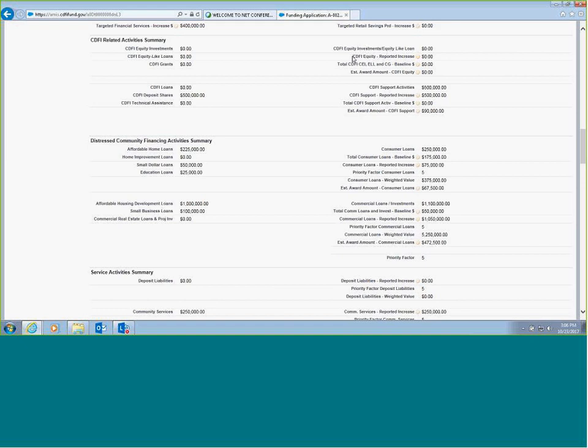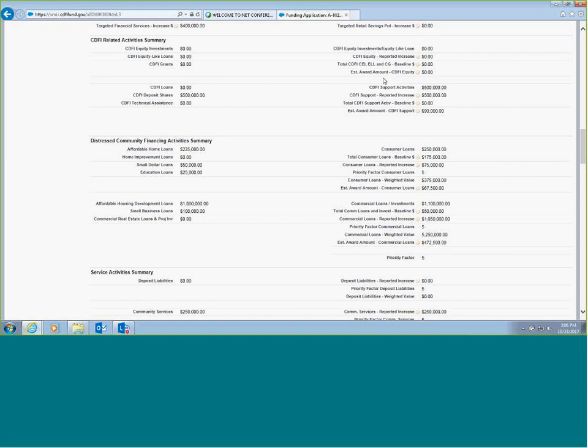But if you were to walk through the other fields here, you'll see that it includes the baseline amount that was entered in Table 5 for this particular subcategory, and then the reported increase, which is just the difference between a baseline period and the total transactions that were entered that would be reflected here. After that, the reported increase is multiplied by an award percentage. In this case would be 18%, and that's how you would get the dollar amount for estimated award amount CDFI